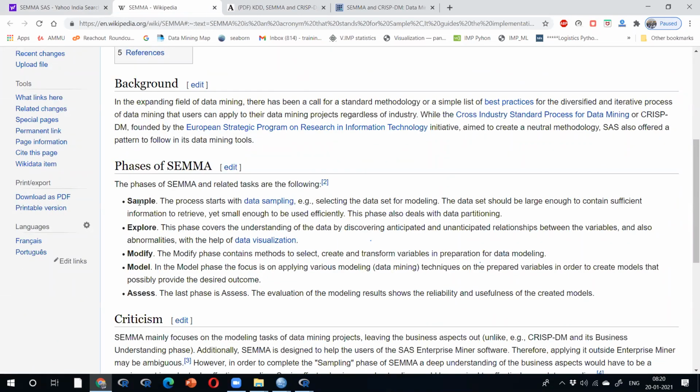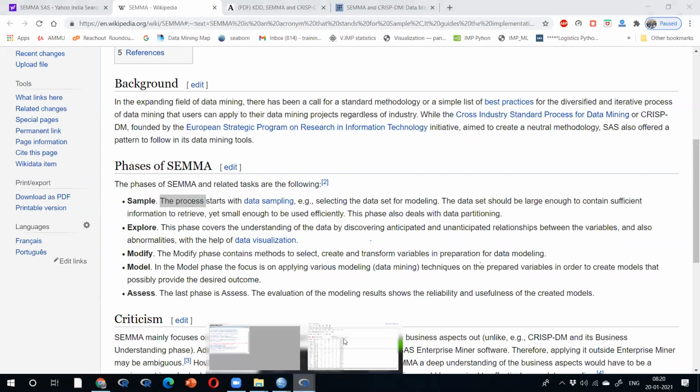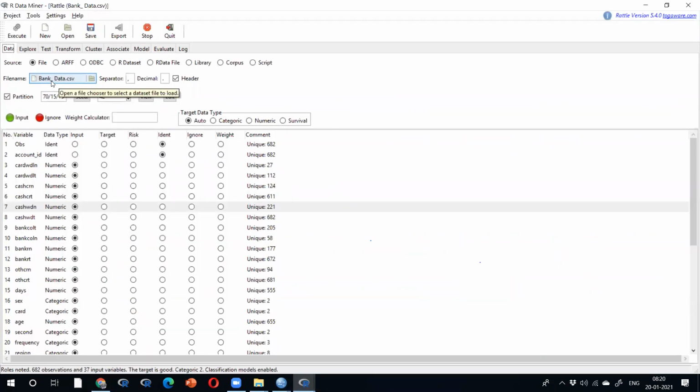SEMMA means, please note this down. S means sample. For implementation with machine learning or any programming tools, first we need S, sample, not P. P is the population. S is a sample, a subset of the population. So how to take it randomly? There are different kinds of random techniques. Whatever I selected in this R, that is the sample data.